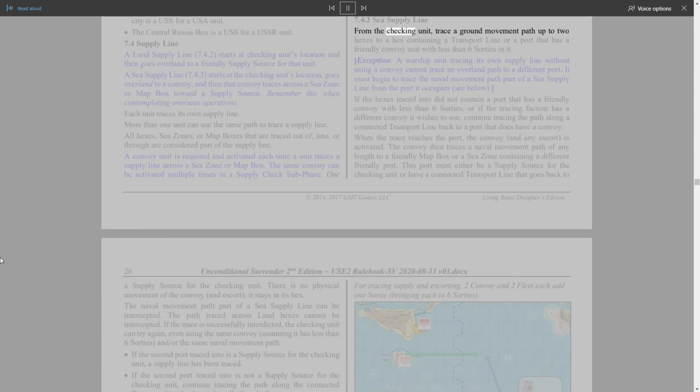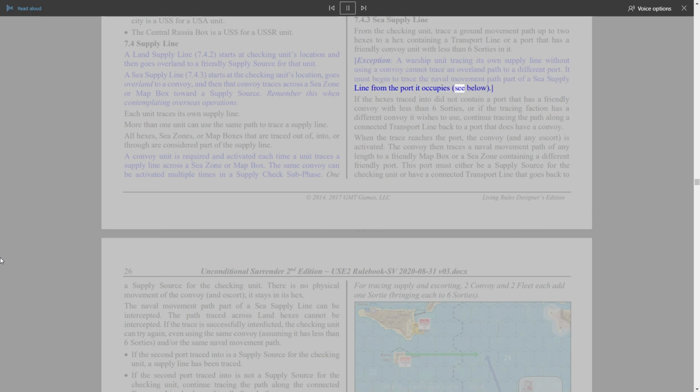7.4.3c Sea supply line from the checking unit. Trace a ground movement path up to 2 hexes to a hex containing a transport line or a port that has a friendly convoy unit with less than 6 sorties in it. Exception: a warship unit tracing its own supply line without using a convoy cannot trace an overland path to a different port. It must begin to trace the naval movement path part of a sea supply line from the port